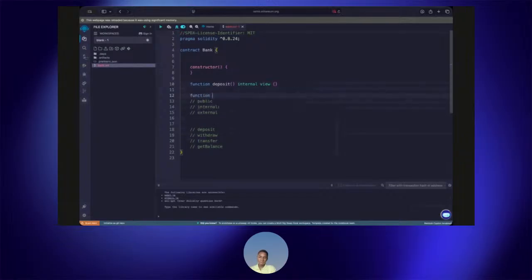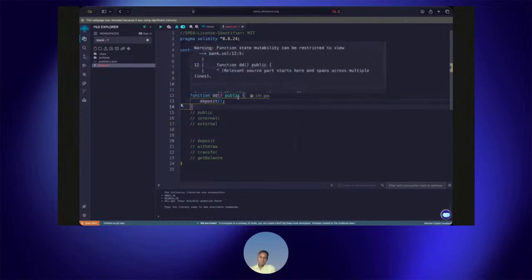So just to show you an example, when I say deposit, I can call this deposit inside this function. So I can make this one public and then say deposit, call this deposit.